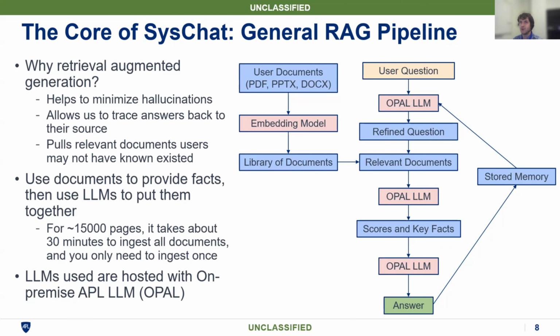We do this to minimize hallucinations. Large language models are really good at parroting back stuff that's in their context. So if we put correct information in their context, it will echo it back. It also allows us to trace answers back to their source. So when it's creating its answers, we can also say, oh, this was pulled from page 137 of